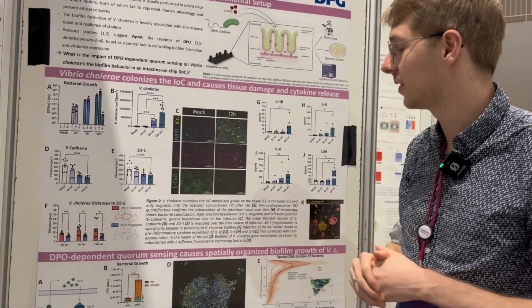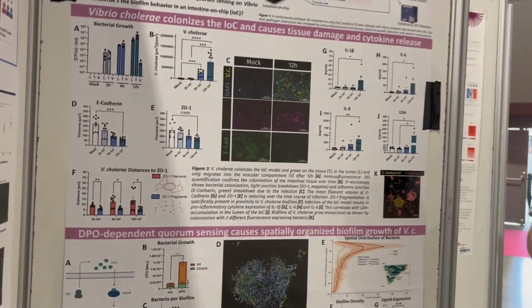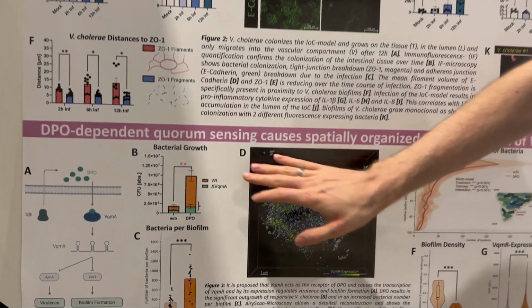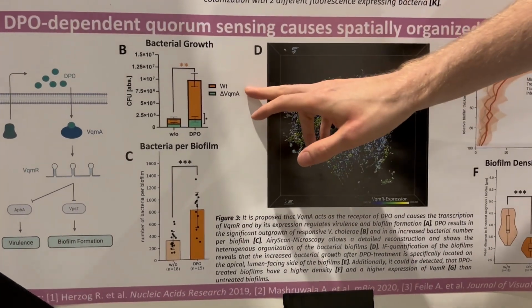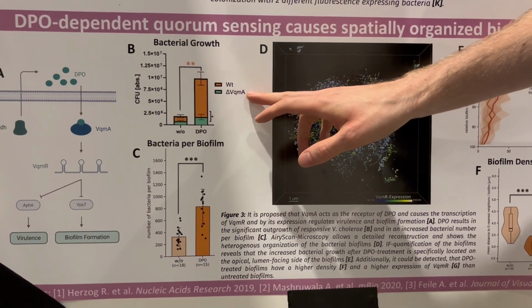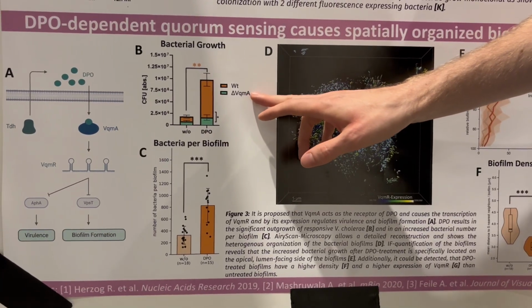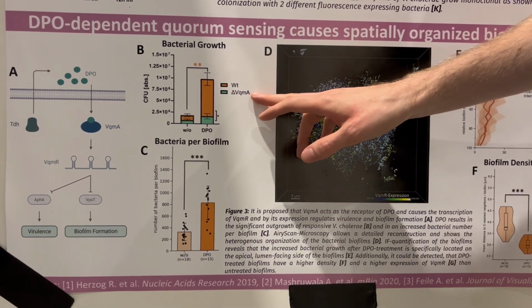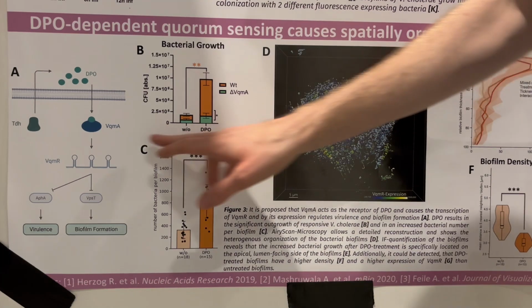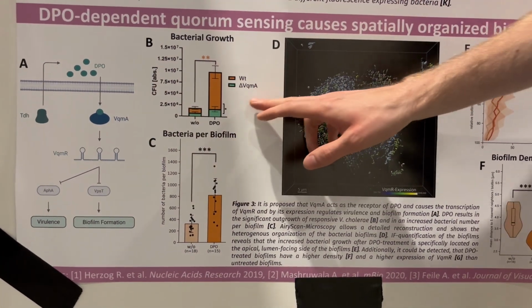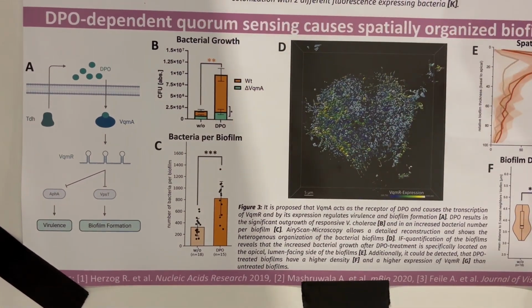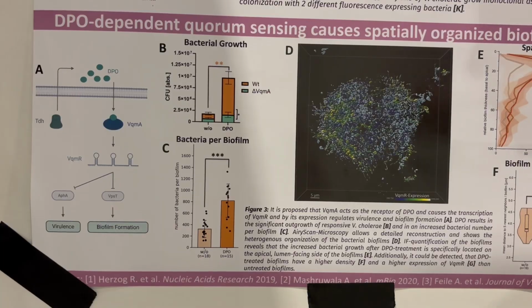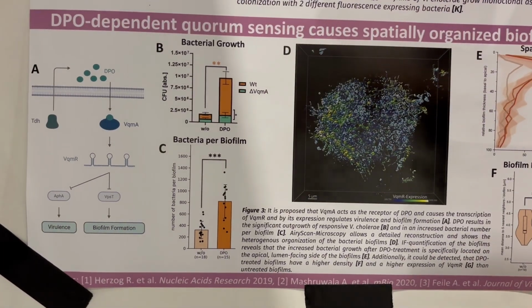And so we did exactly that in our chip, and we co-infected this chip with wild-type bacteria and with bacteria that are deleted in the VqmA receptor, so they are not responsive to DPO. And we could see that only the wild-type bacteria that can sense DPO have a significant outgrowth as a response